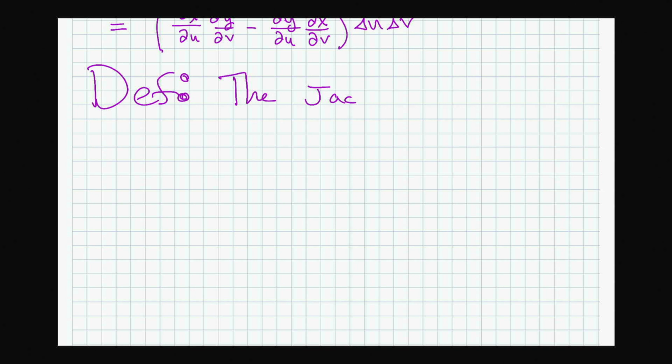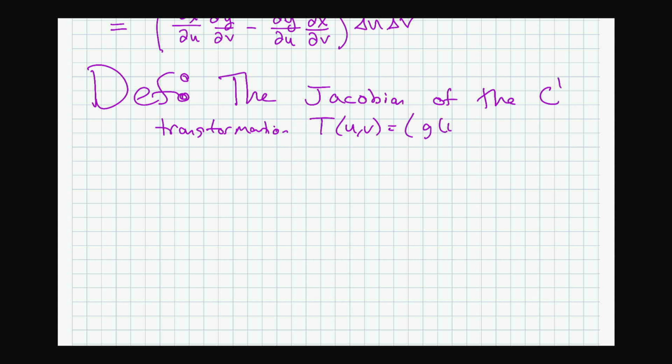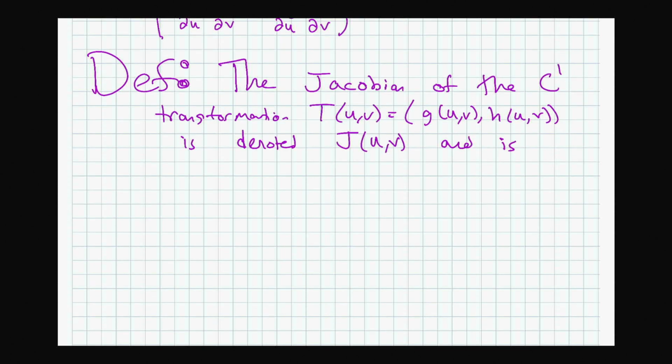The Jacobian of the C1 transformation, I'll explain that in a second, T of uv equals g of uv, h of uv, is denoted j of uv, and is defined